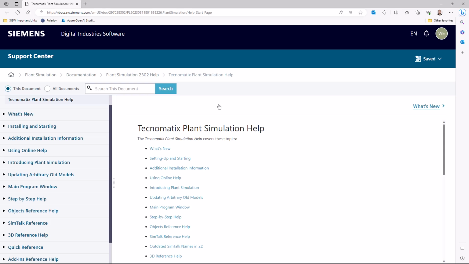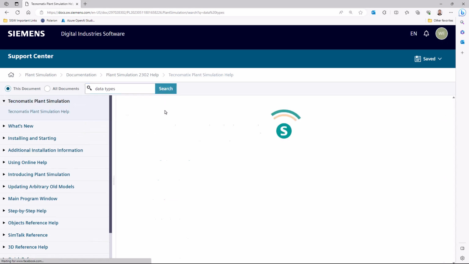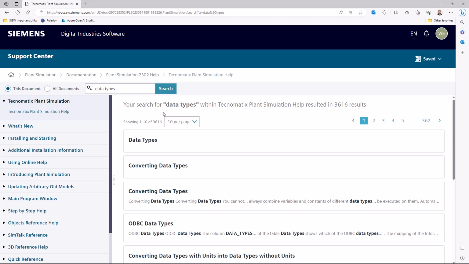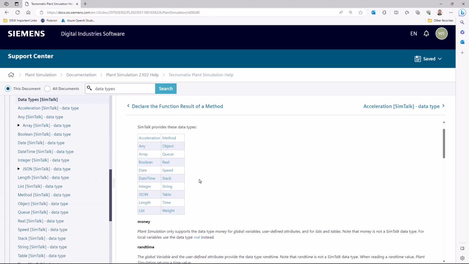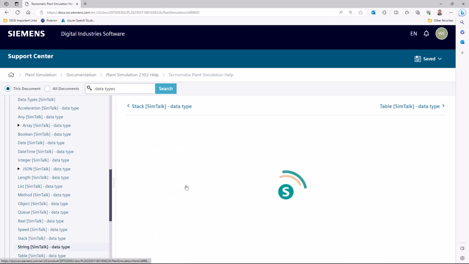Here we can now search for data types. If we click on the first entry, we will then see a list with all data types. We could now click on each and get additional information.